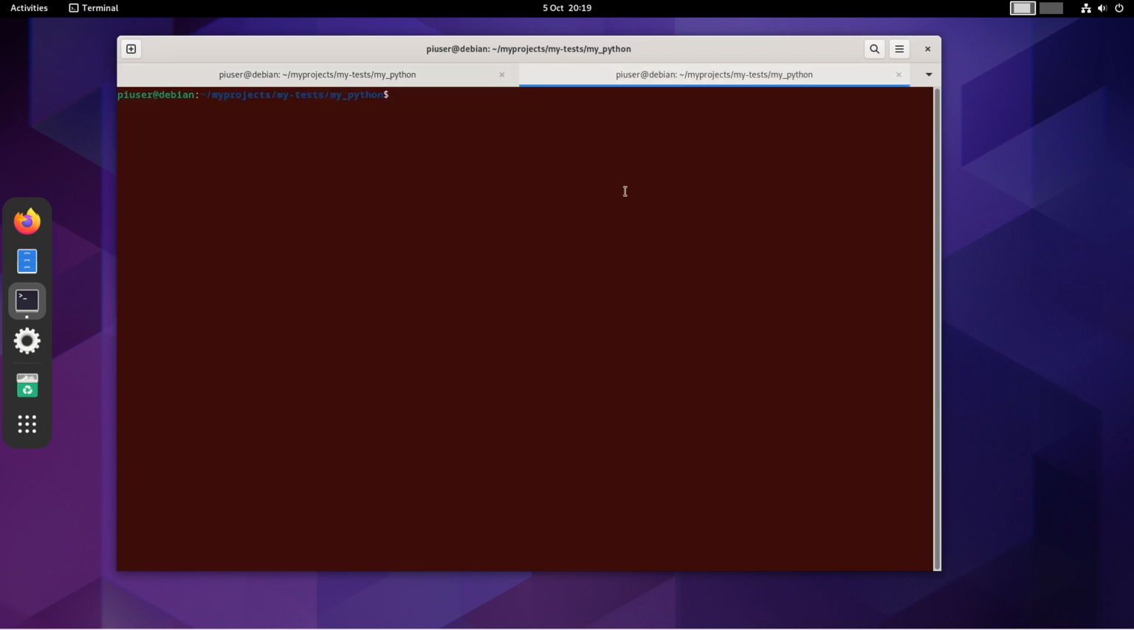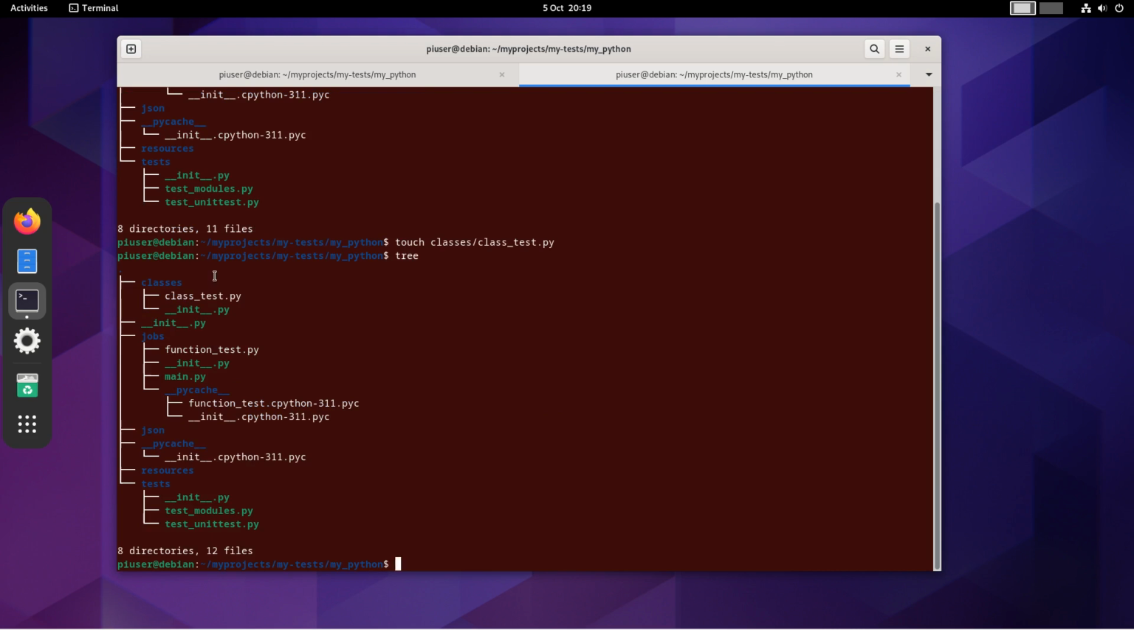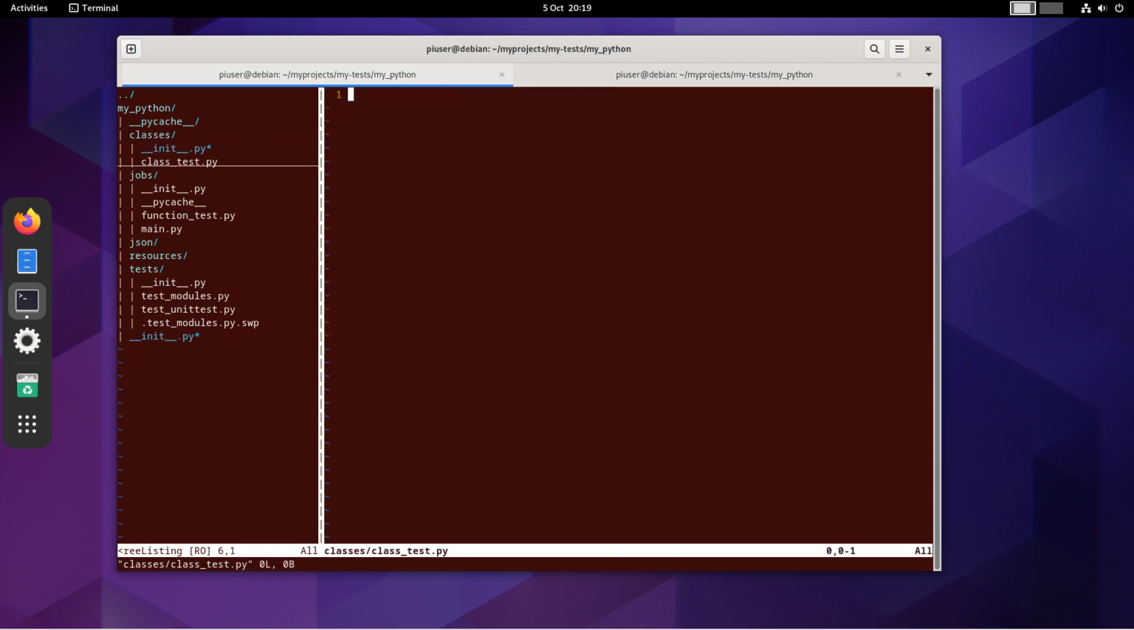need to create a file. So I'll just do a tree, and the file that I'm going to create is going to be in this folder. So let's just create that, and I'll call that class test.py. So this is going to be our module, and here we have the file. So I can now go back and my file appears, and we'll just